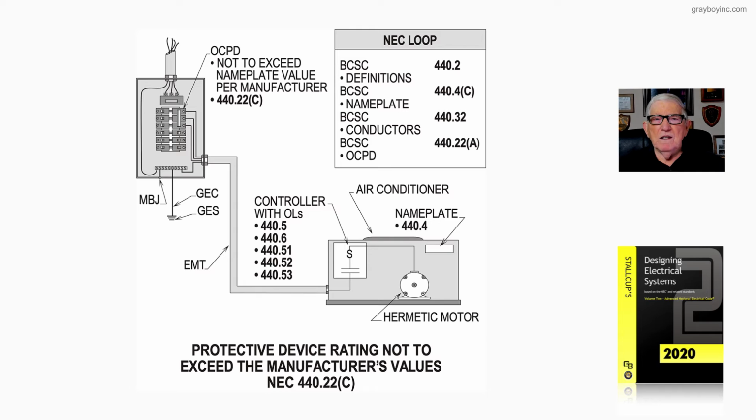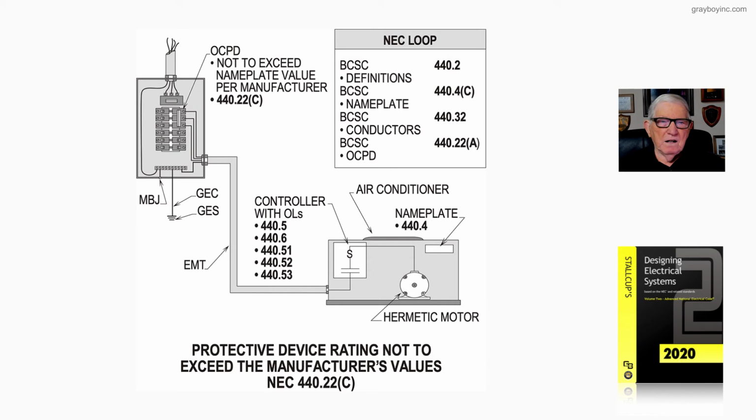Now, notice in the NEC loop, your branch circuit selection current definitions, 440.2, branch circuit selection current nameplate, 440.4(C), branch circuit selection current conductors, 440.22(A), and your branch circuit selection current for your overcurrent device,